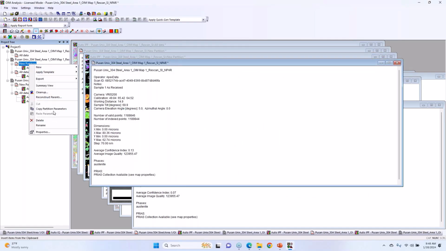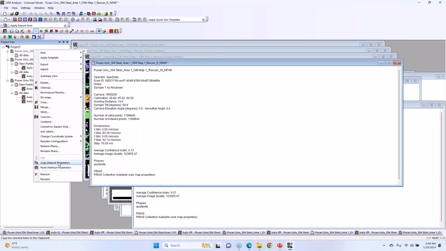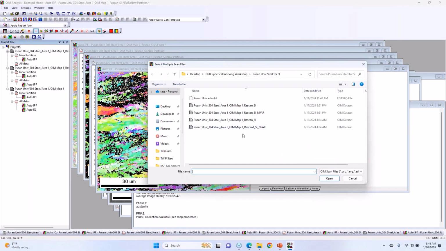And I'll just copy and paste this partition. And we start to get something like that, where we're about 72, 73% indexing success. So at that point, I was looking at it thinking, okay, what should I do? So my solution for this was to say, let's just do kind of like what we did on